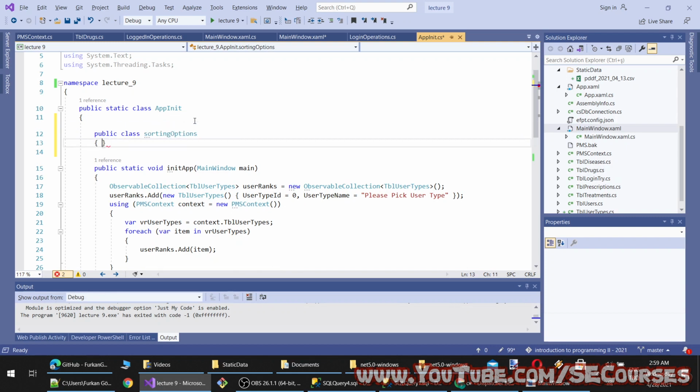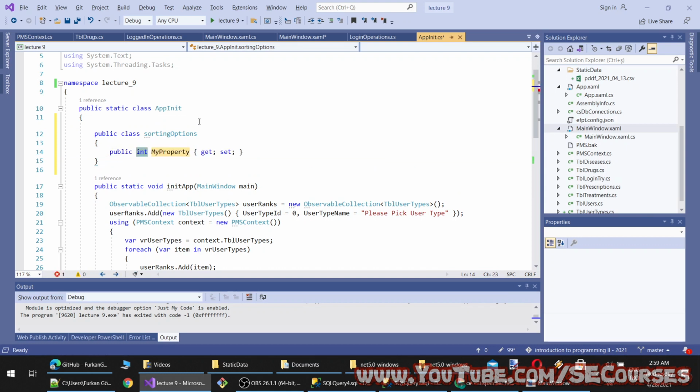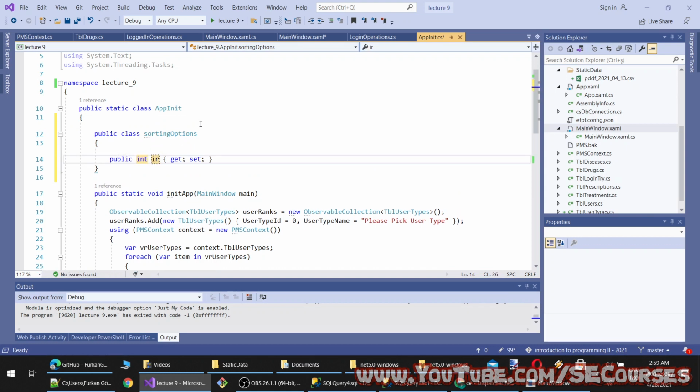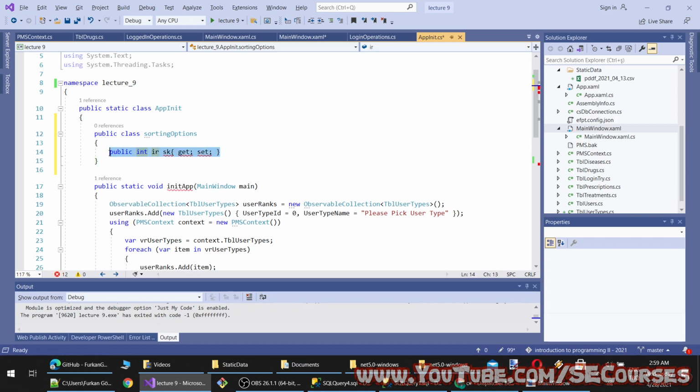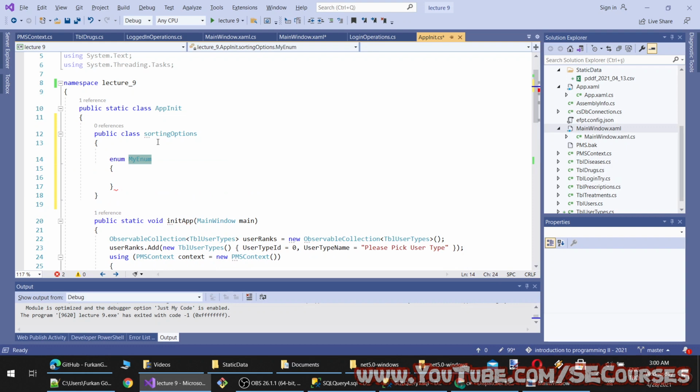Okay, maybe I will put an enum, an enumeration, instead of that, which sorting, I will name it like that.